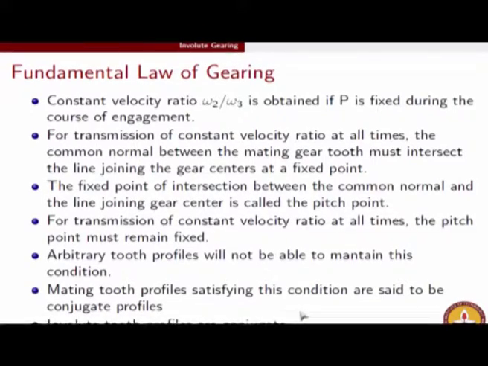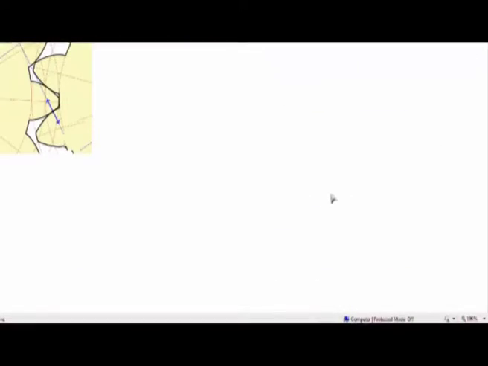Okay, before I start my discussion on involute tooth profiles, I would like to show you an animation which I just downloaded from Wikipedia. This exactly elaborates the point that I have just mentioned. So on your screen now you can see two gears which are engaging. Here, this blue dotted line is the common normal, but please note that the common normal at the point of contact is not changing. Always, this blue dotted line remains the common normal during the entire course